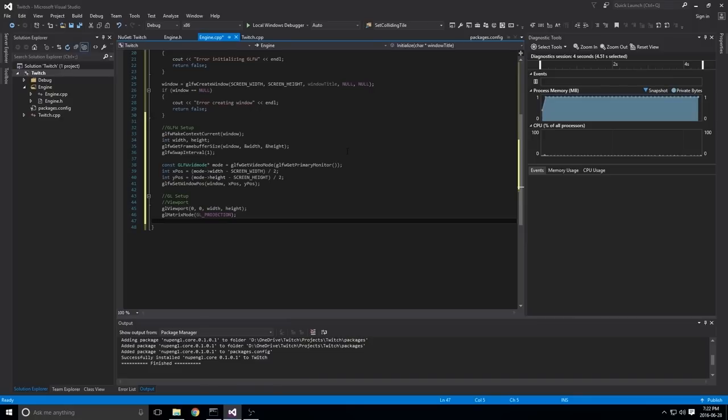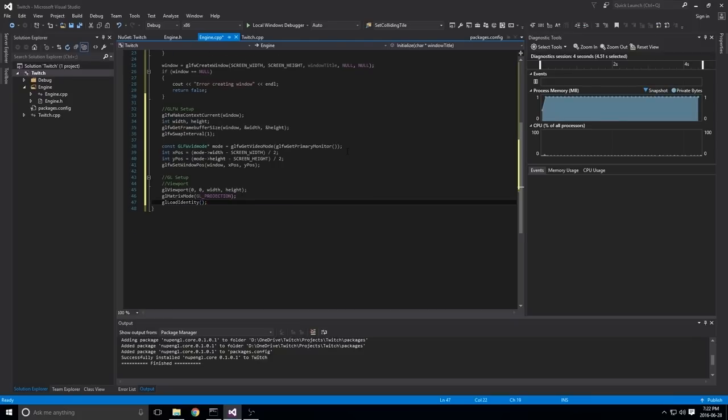Now that we've set up our matrix mode, we want to actually refresh all of the matrices in terms of the camera position and what it's going to render. And we can do that by doing glLoadIdentity. And this basically loads what's called an identity matrix, which is basically the blank matrix you start with before you start rotating the camera and all things like that. So we'll set up the new matrix, just glLoadIdentity, replace everything that's there with an empty, really a starting identity matrix. And from there we can set up our ortho.